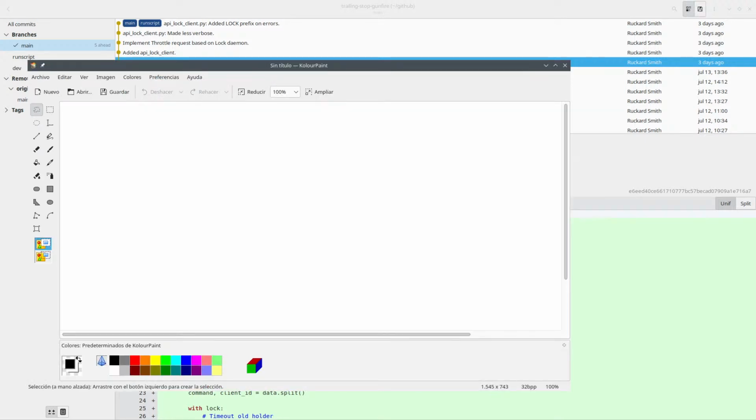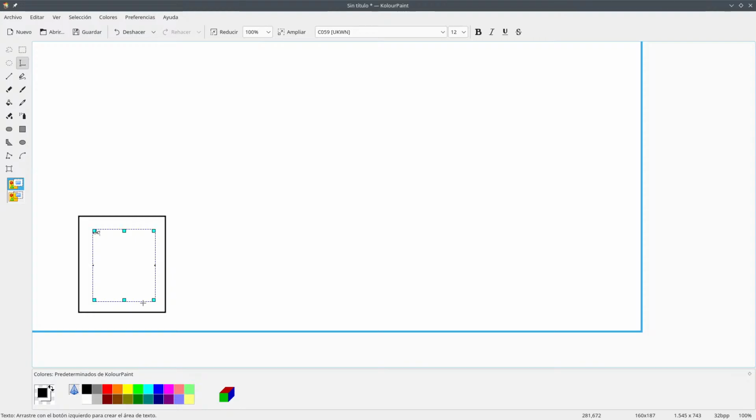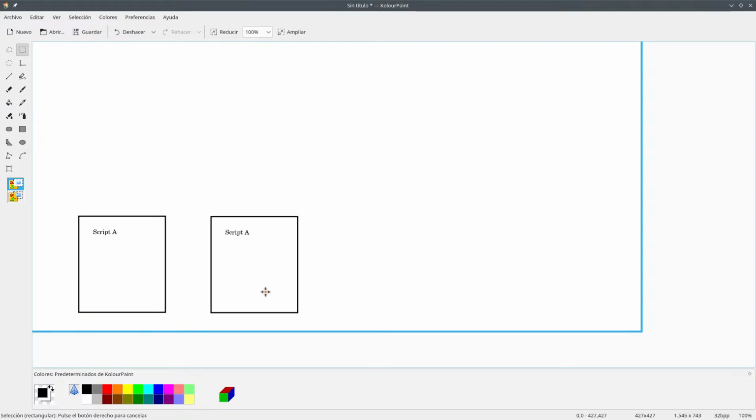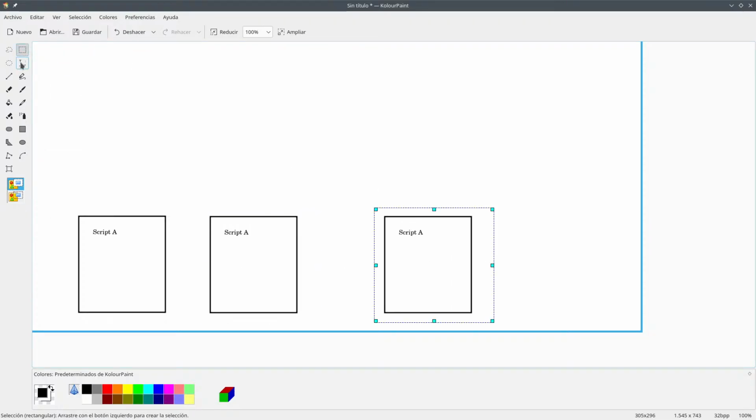So I'm going to make some drawing here. If you have one script here, which is script A, and you also have the script B, which is what I want to do in order to test all of this. So if I have a script B here and script C here,